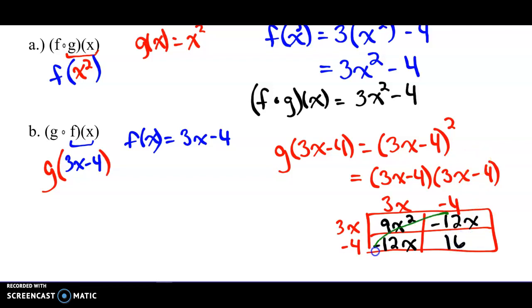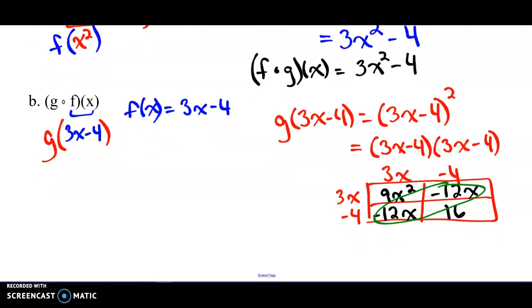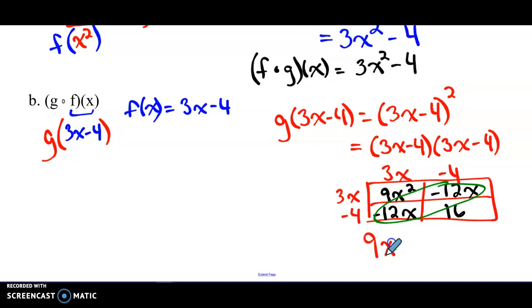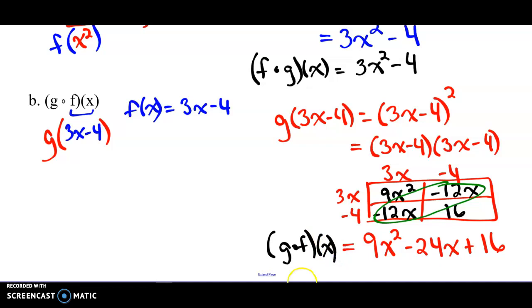Just a reminder that we add the two terms that are across from one another. And so we will have our result when we multiply: 9x squared, negative 12x plus negative 12x is negative 24x, plus 16. So this is my function g f of x. Let's look at another example together,